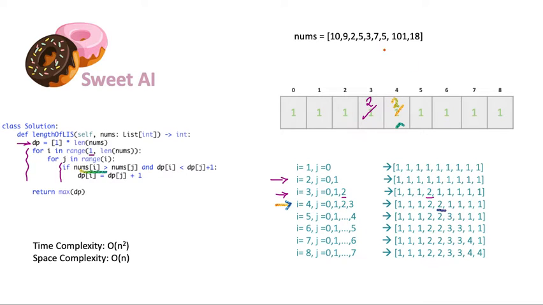I will do just one more step so you better grasp the concept. So now we are at this point, which is at index 5. We have 7, and we compare it with every single item that we have here. So we check 7 is smaller than 10, is smaller than 9, but is bigger than 2. And then we check if we need to update that, but as you see, we do not need to update it because we have already updated for 5, and now we check for